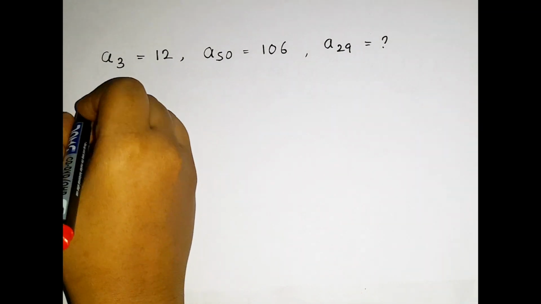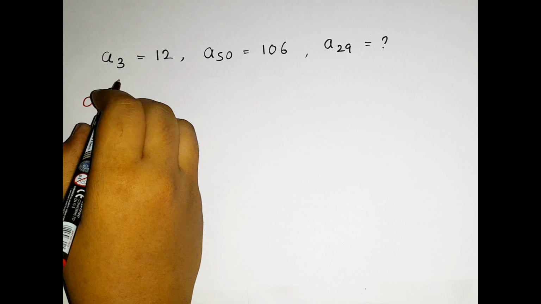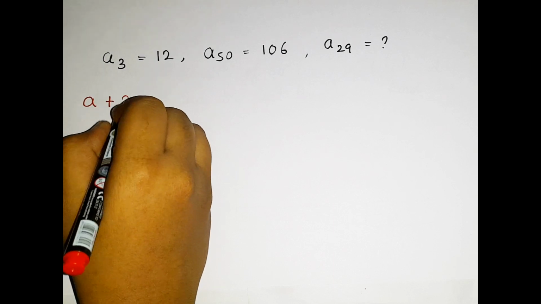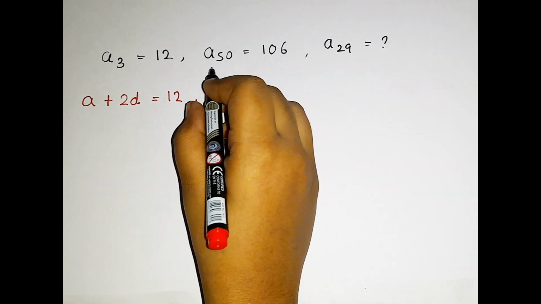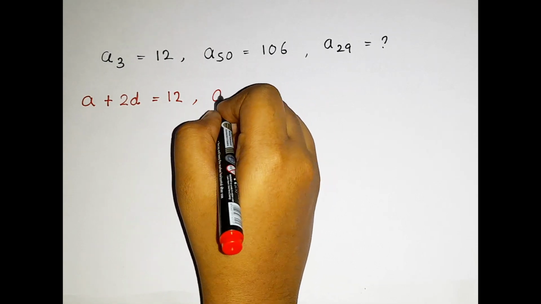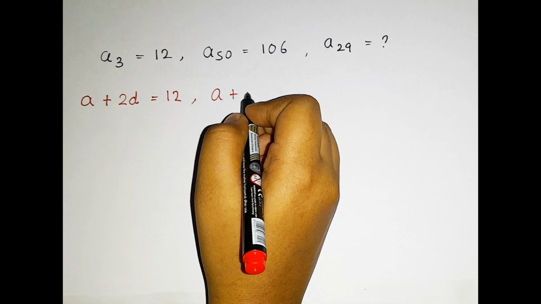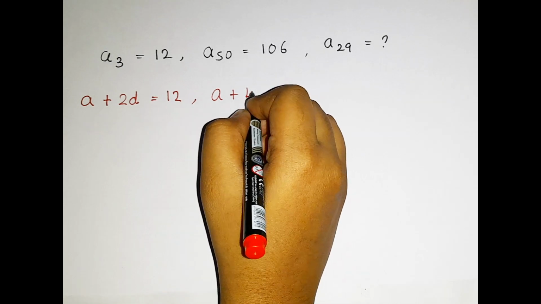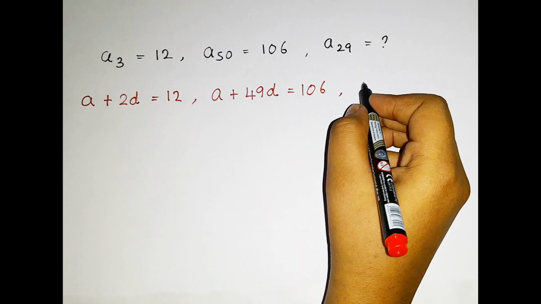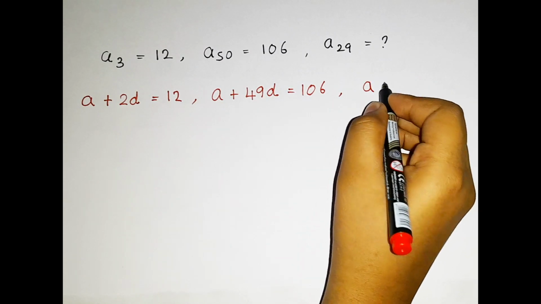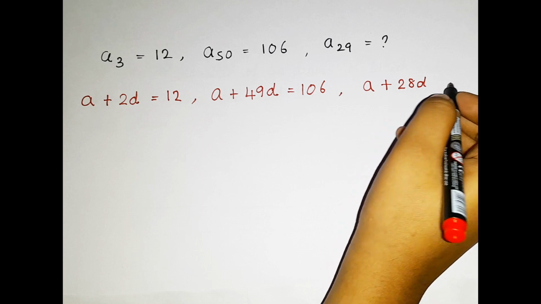We can actually write it like this: A plus, before 3 which number is there? The previous number of 3 is 2, so it is A plus 2D is equal to 12. Then, for A50 is equal to 106, let us write A plus, and the previous number of 50 is 49, so we can write A plus 49D is equal to 106. For the 29th term also, the previous number of 29 is 28, so I wrote A plus 28D, and then we can write is equal to